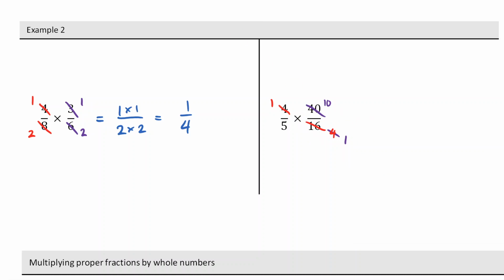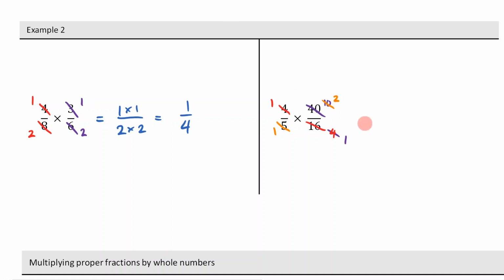Let me grab another color. Look, I can cancel diagonally this way as well. Do you see how I have 10 and 5? So this way I can cancel diagonally. I could go 5 divided by 5 is 1, and 10 divided by 5 is 2. So you got to make sure that you're doing it nice and neatly because there's a lot of canceling out here. So you have to make sure that you realize what you're